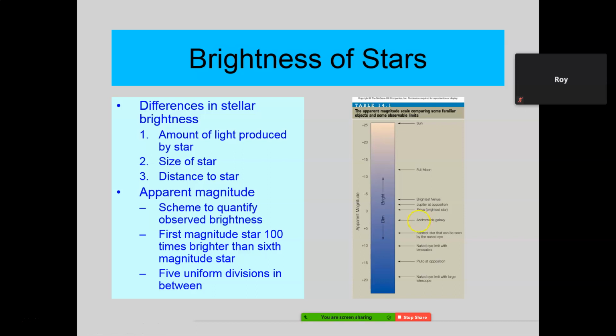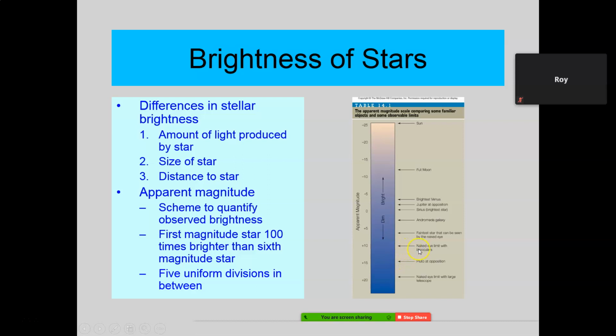Okay. So that's what we call apparent magnitude, with Sirius being the brightest, and the faintest star we can see out there is the dimmest. Now, notice here, Pluto at its very brightest is so dim you'll never see it with the naked eye.